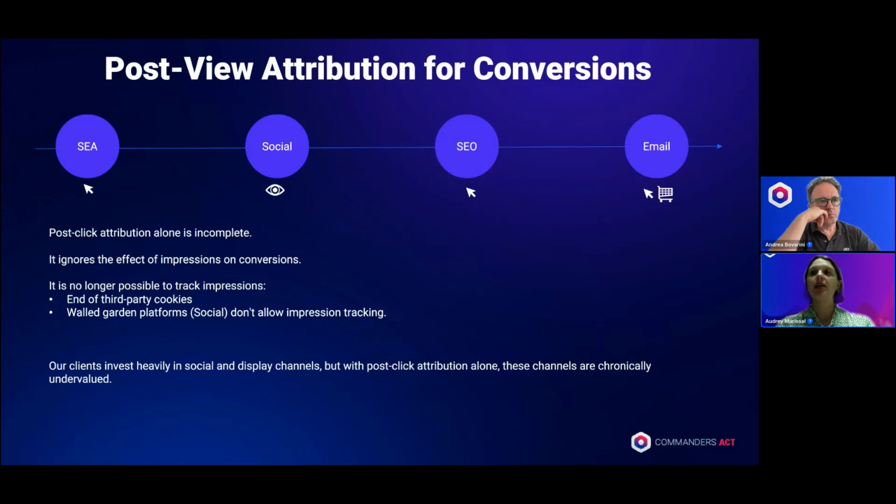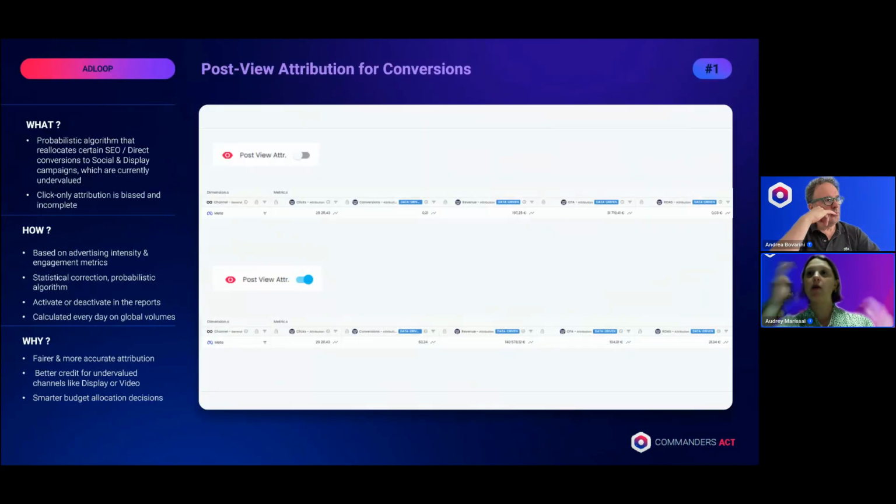So that's why we developed our own probabilistic algorithm to include the post-view effect in conversion attribution. Now we take into account the impression data from the media platform, as well as the engagement data, which aligns with Adloop's DNA and our attribution model, which is also based on engagement.